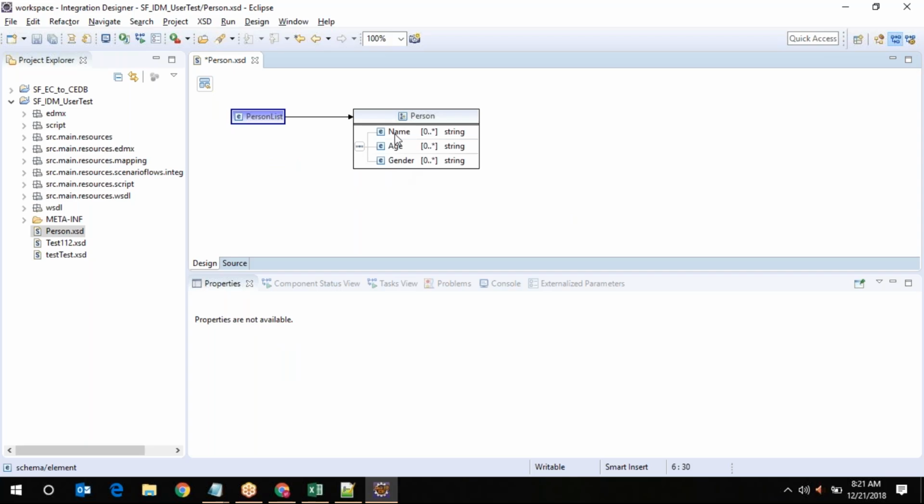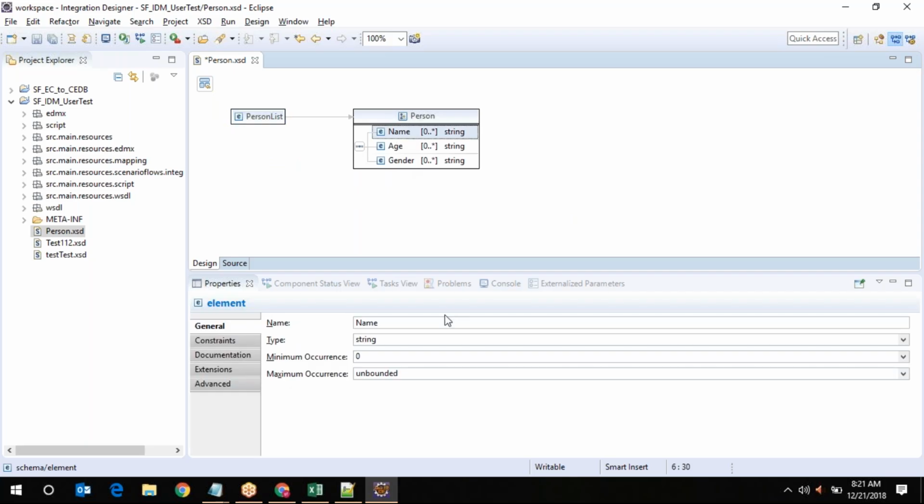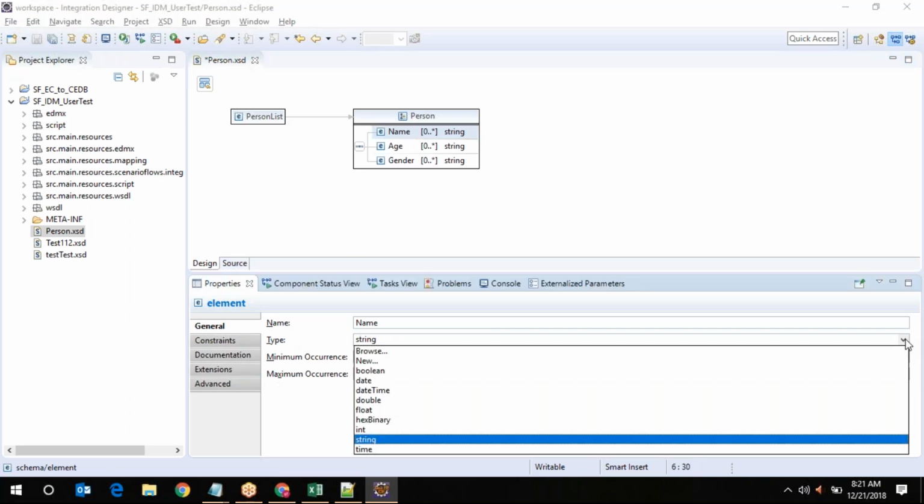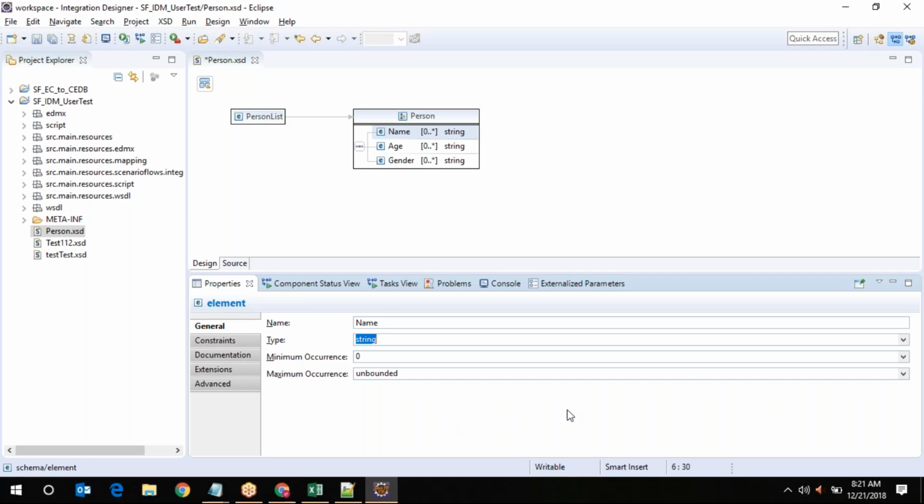So now let's look at the technical attributes here. If we click on the field name, there is the type, what type of the field. If the field represents a date or date time, you can select that. By default you can select string, it will support all types of fields. Next, minimum occurrence. What is minimum occurrence? What is maximum occurrence? This is important. I think people from the PI background can understand occurrence easily. Others, just to understand now: the minimum occurrence and the maximum occurrence define how repeatedly the occurrence happens while using this